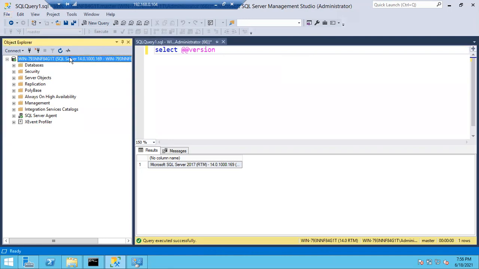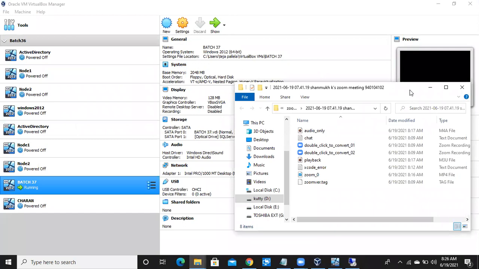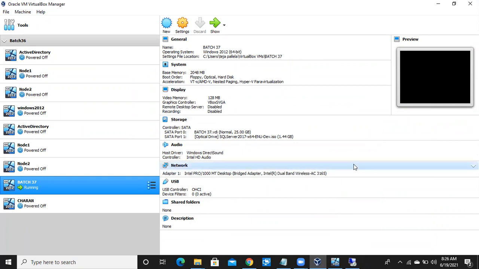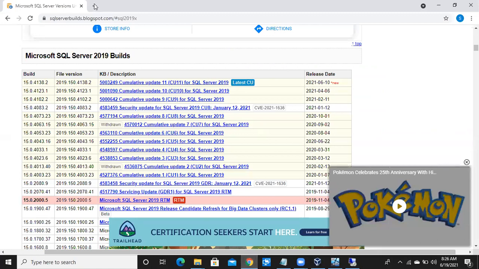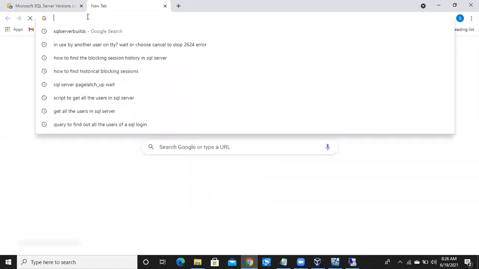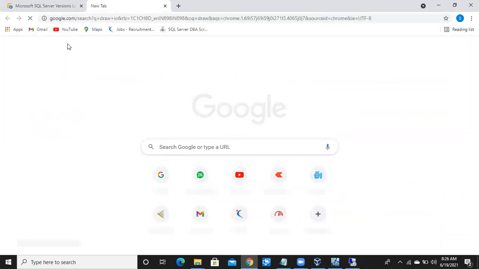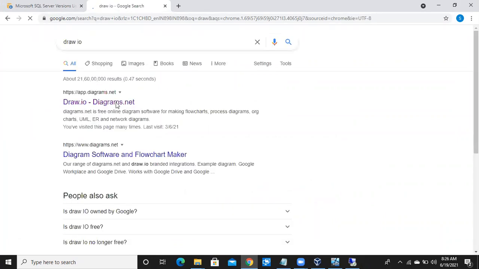Yeah, fine. Okay. So let me start the security discussion. Okay, security. What is security? So we'll discuss some of the terminologies like authentication, authorization, logins, users, principals, securables. These terminologies we are going to discuss now. So let me quickly jump into graphical mode. I'll show you what is meant by login, how it will work, what is meant by user, how it will work. But before that, let me discuss terminologies.